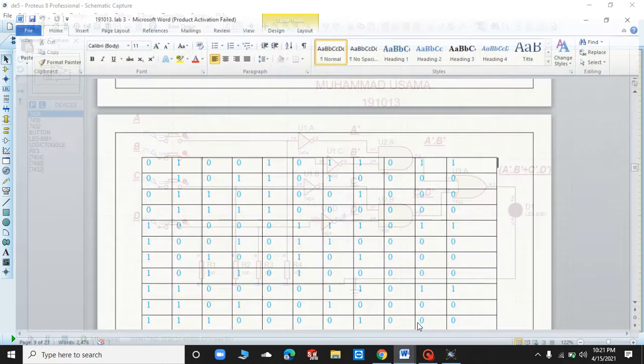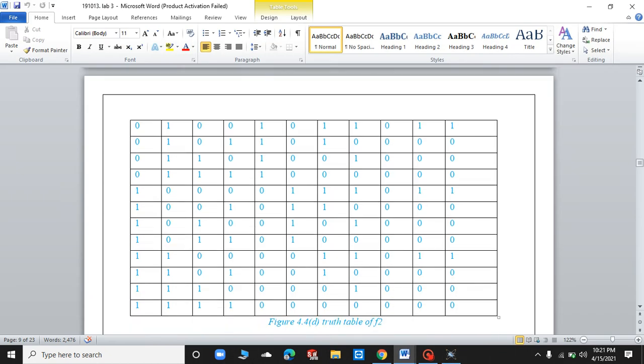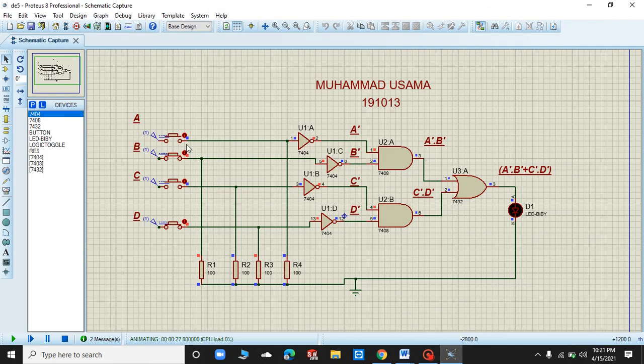In the next line you can see that when A is 0, B is 1, C is 1 and D is 0, then the output is 0. This is open, this is closed, and this is open, and this is closed, then the output is 0.